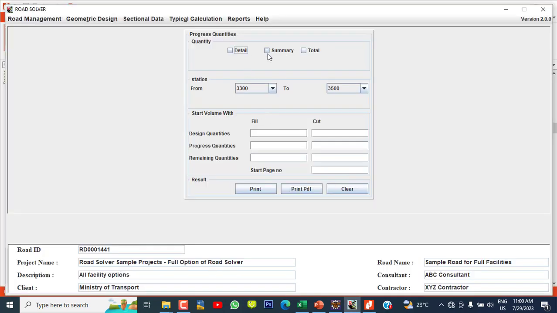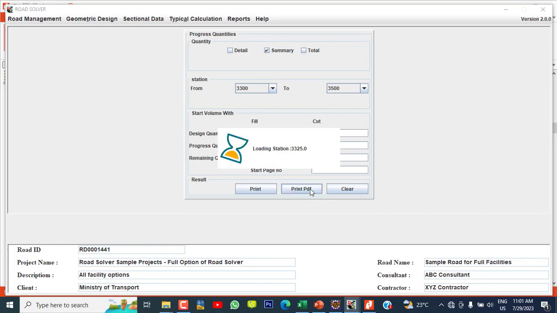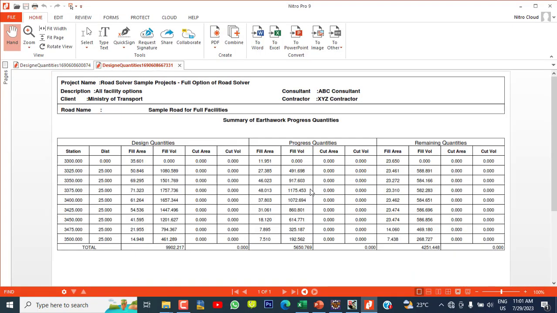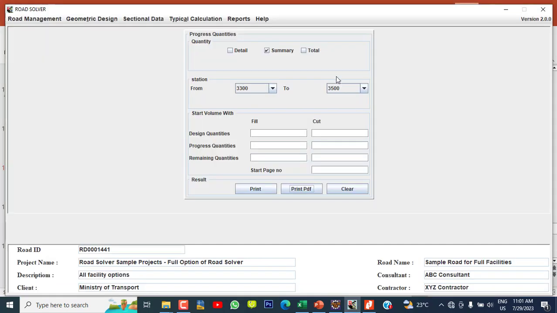So, now you can check the summary. The summary will also come. There are design quantities, progress quantities and then remaining quantities. Okay. So, this is a summary. So, the total will